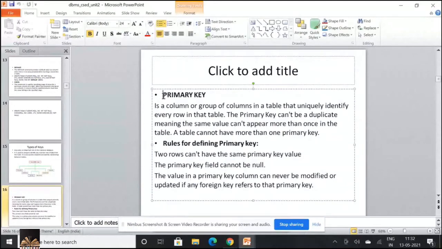So this is common with almost all the keys, which uniquely identify every row in that particular table. Meaning a primary key cannot have duplicate values. And try to remember this, a table cannot have more than one primary key.